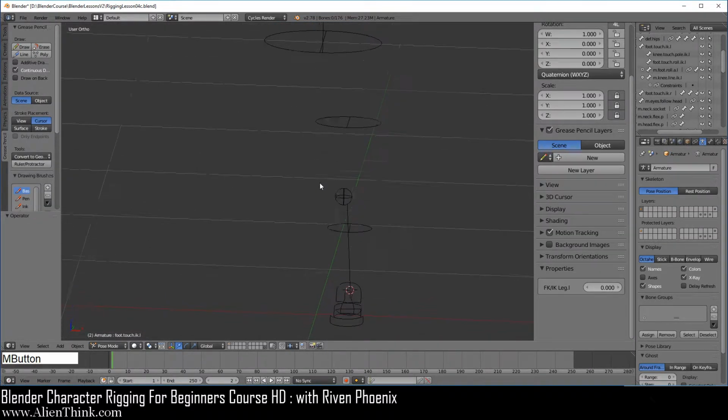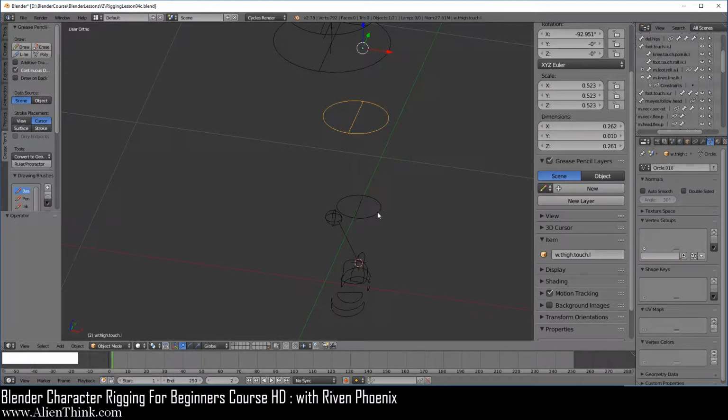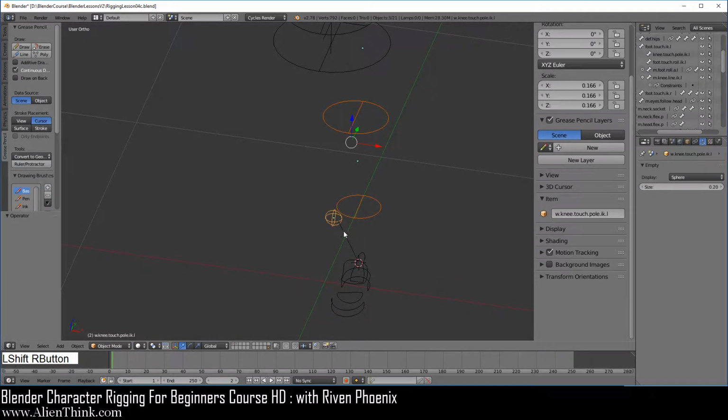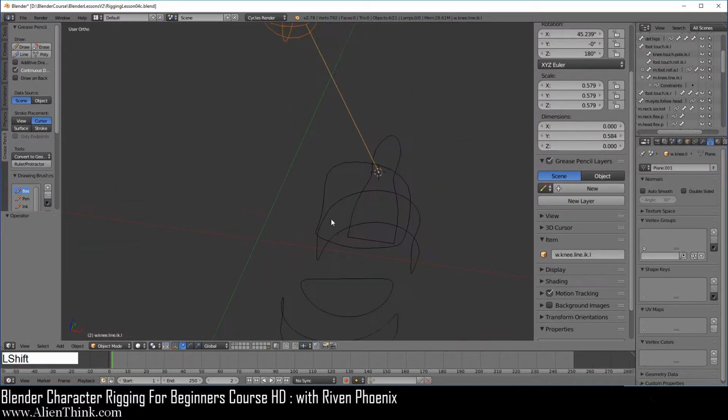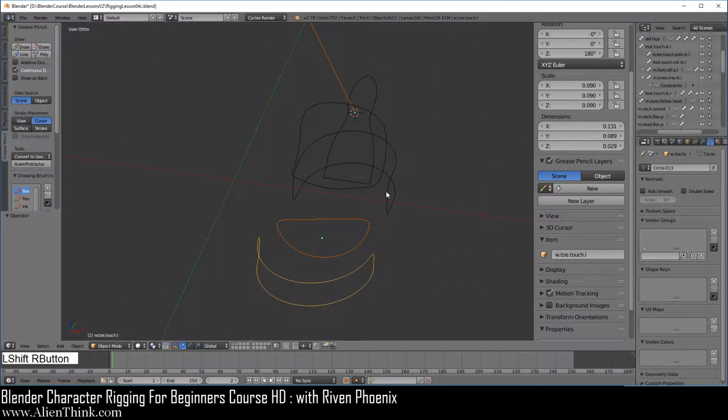Use the middle mouse button to rotate. What you want to do is basically select all these objects that we used for the left leg. Here I'm just going to zoom in and select all of them. Now, when we mirror these bone shapes, we have to handle them in a special way. This is because when we create the bone shapes, each of these individual bone shapes have origin points in a certain place, so they show up correctly on the bones.